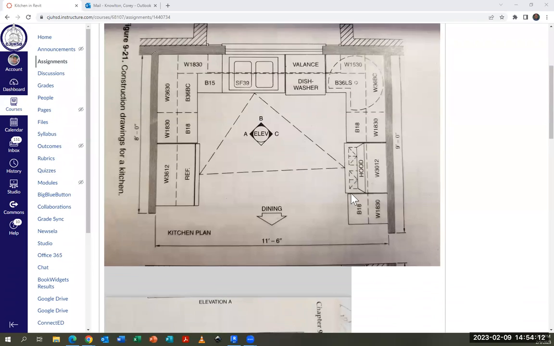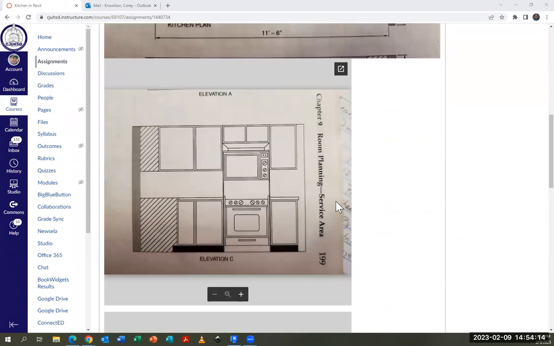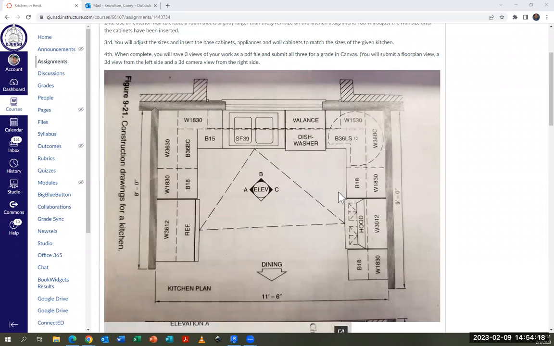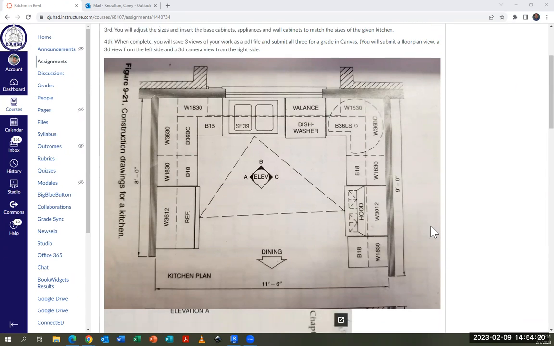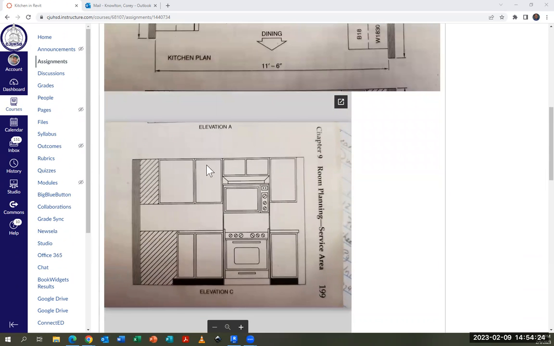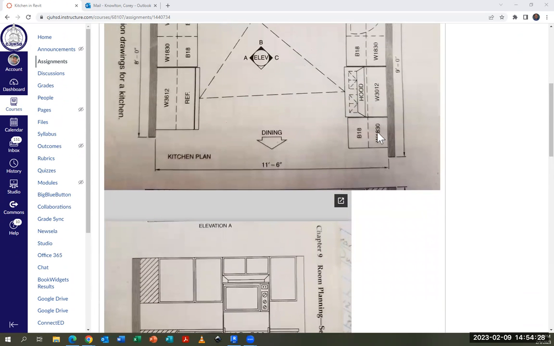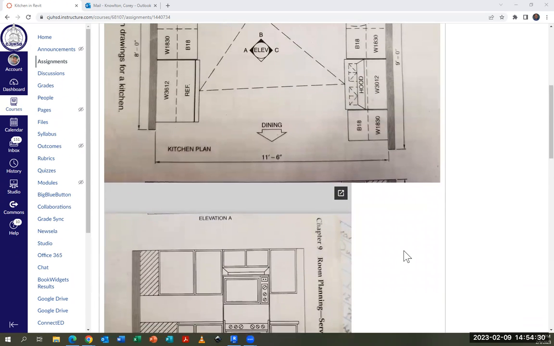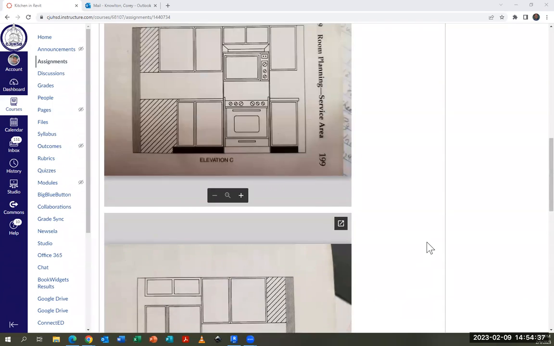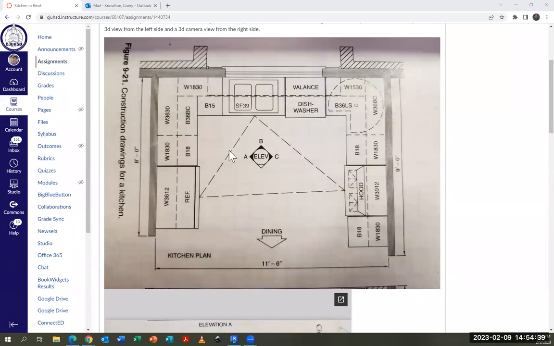So if we scroll down in Canvas, you'll see that elevation C, which is this wall here, is this elevation here, shows you the range. Actually, there's a microwave, not just a hood here, but also a microwave there. On the left side, elevation A, there is a refrigerator. And as we can see, that is elevation A, the refrigerator is on the left, and then the two cabinets